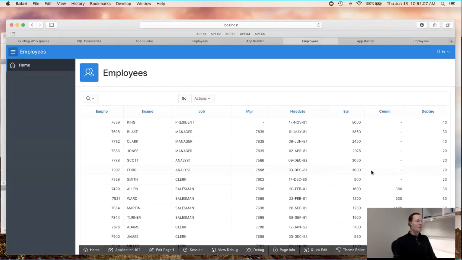So I can pick up the version of the patch whenever I want, or I could just run the old version. So that's a pretty powerful thing, I think, that you can do with your own Application Express applications utilizing this application container model. One more thing I want to show about this model is,